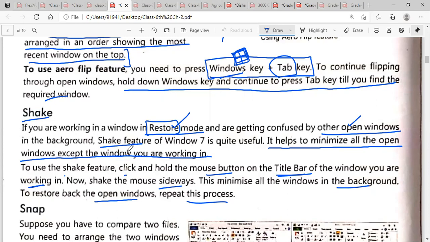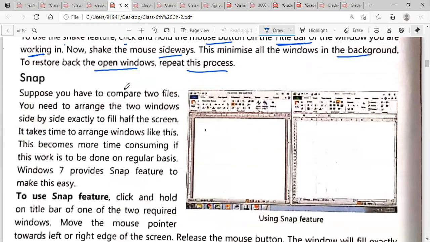Okay, now the next feature is snap. Suppose you want to compare two files. You need to arrange the two windows side by side exactly to fill half the screen each, and you don't want to fill the whole screen of your computer.